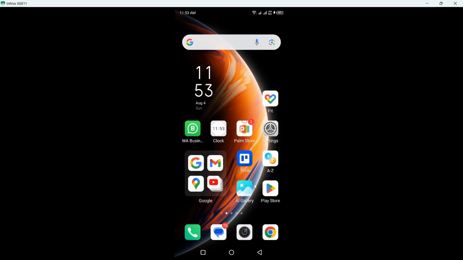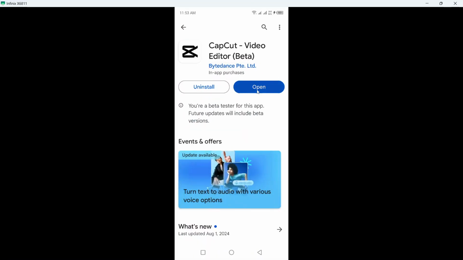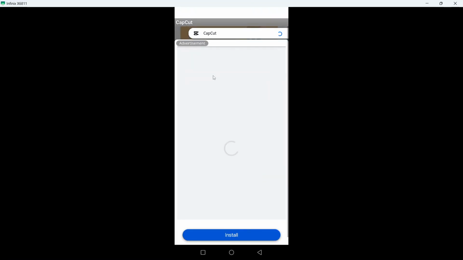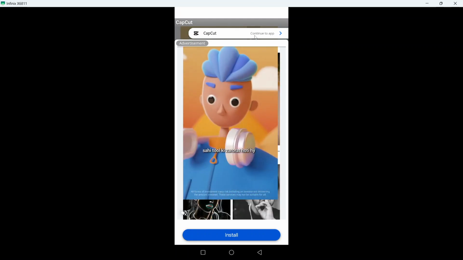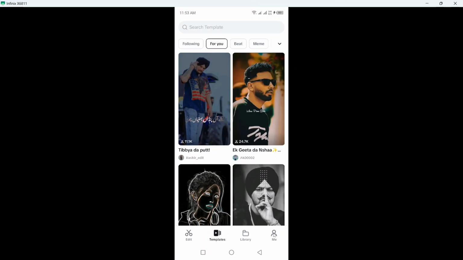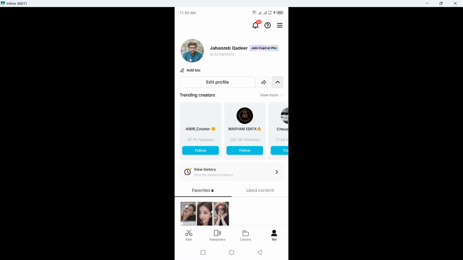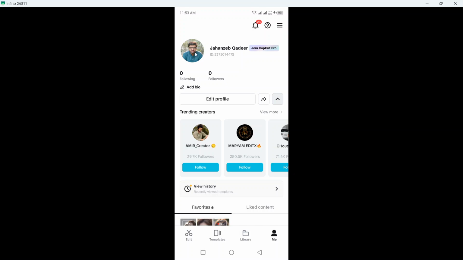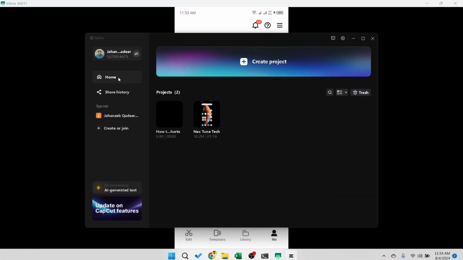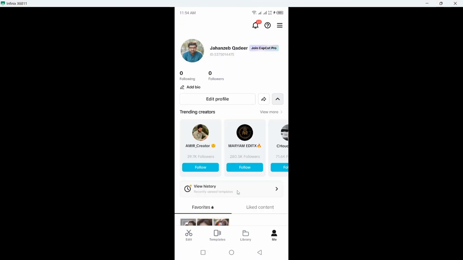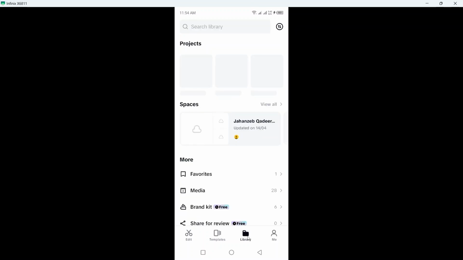So here is my mobile and you simply need to open the CapCut, continue to app, click on me and make sure you have the same profile open on your smartphone and on your PC. So here you can see the same profile, and then you need to click on library, and